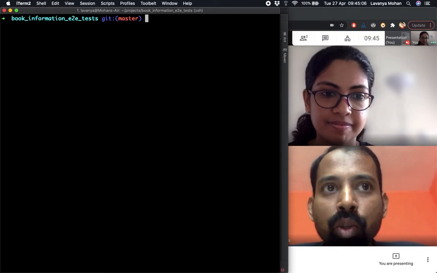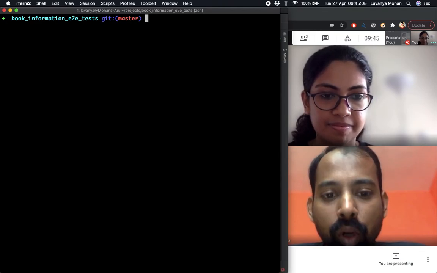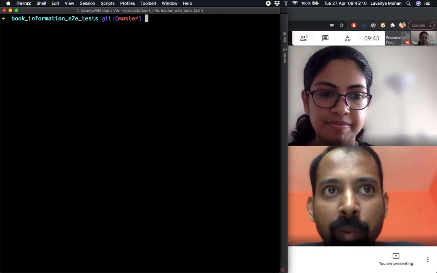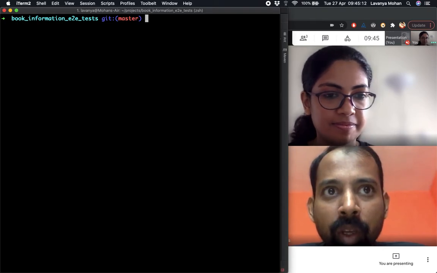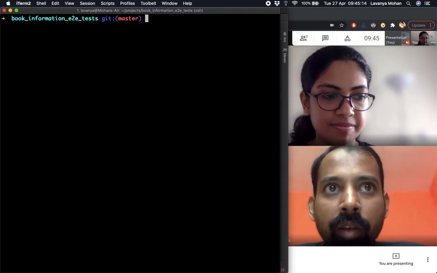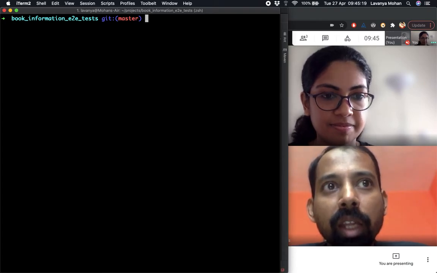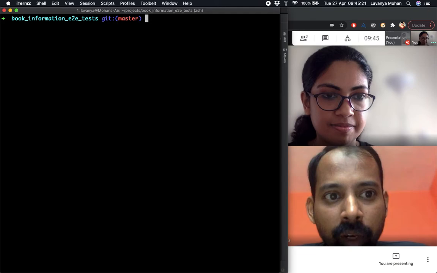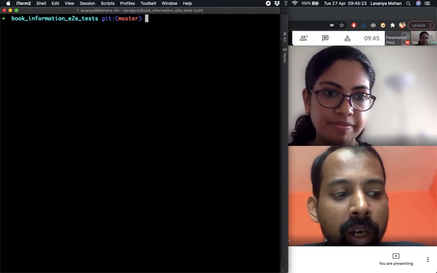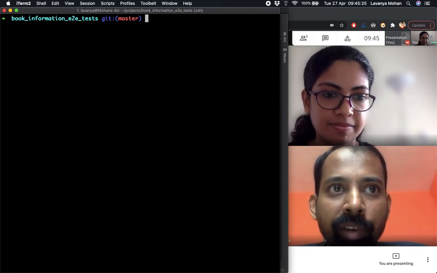We might also face situations where there are conflicts. If multiple people have made changes to two different files, then Git will automatically merge. If people are making changes to the same file, then Git doesn't understand which one to keep.